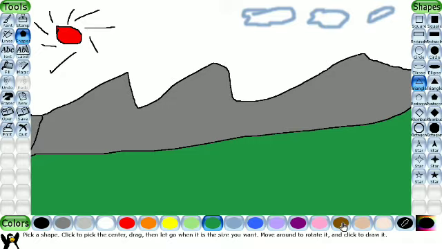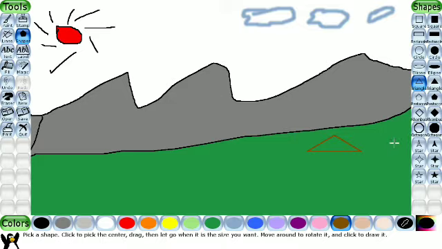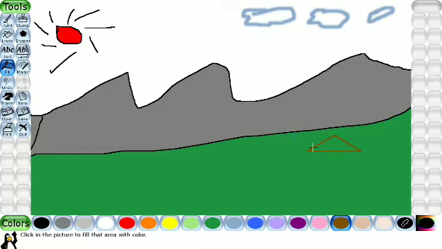So we need to change the color. I am changing the color. Again I am drawing a triangle. Okay, after that I am clicking outside. Inside this triangle we can fill using the fill tool. Select the fill tool, click inside the triangle. So that area we filled.